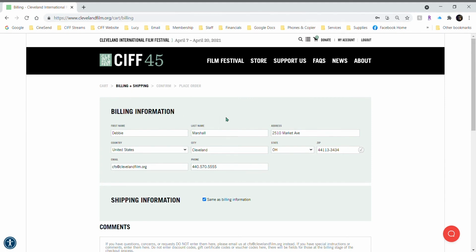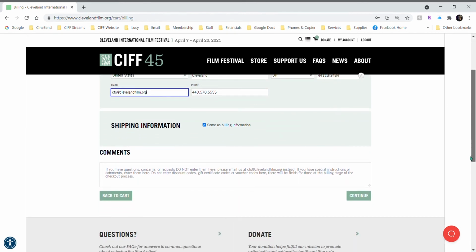Here, you'll see your billing information pulled up if you are signed in as a member. If you are not signed in as a member, you will have to enter each of the fields. Please make sure that this information matches the information associated to the credit card that you'll be paying with. Otherwise, your transaction will be declined. It's also important to make sure that you have entered the correct email address without any typos or missing information, as this is where your virtual voucher 10 pack code will be delivered. If everything looks good, you can scroll down and click Continue,